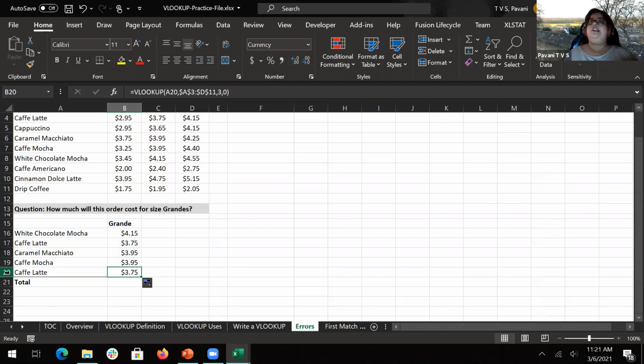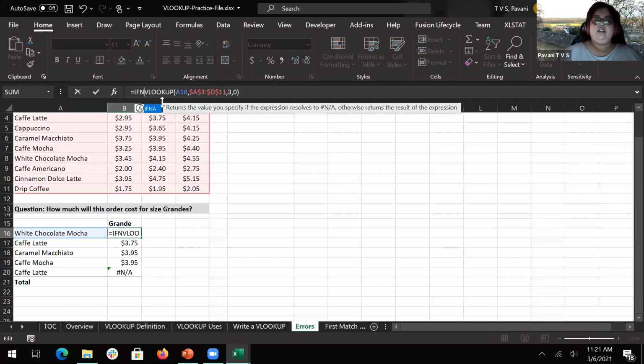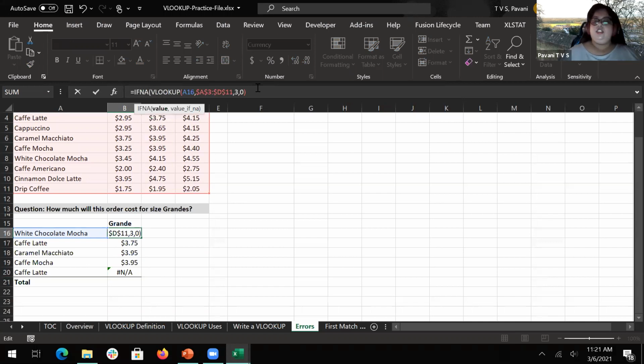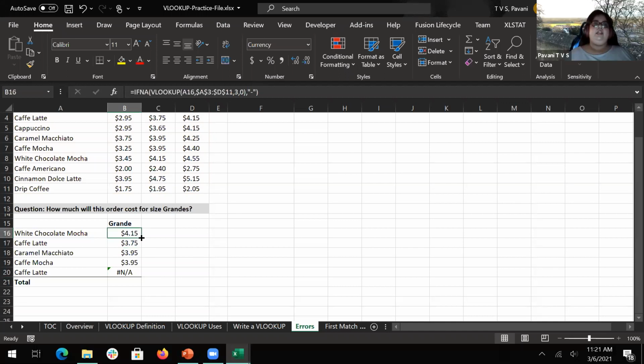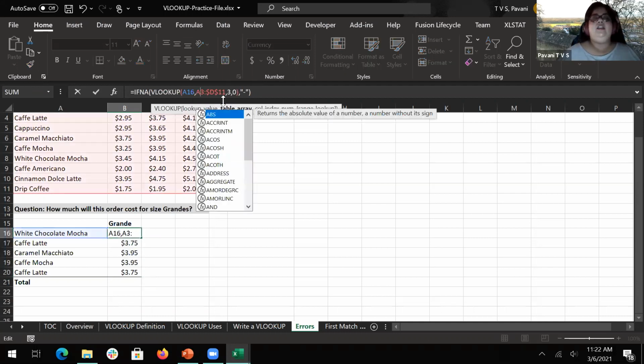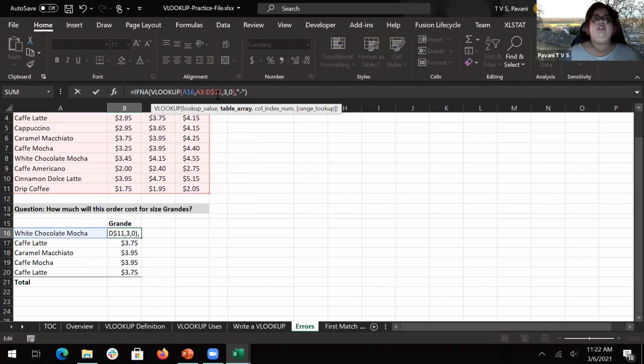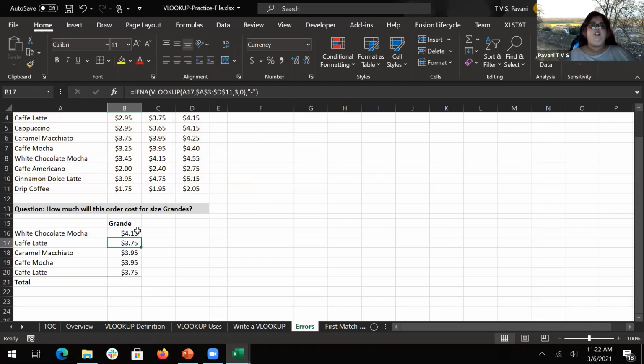So this is how usually errors happen. And like I told you earlier, if there is an error, I'm saying you just give me a hyphen instead of giving me any error. So now, oops, I didn't change this. One second. To make errors also, you need to be perfectly perfect to do it. So now this will give me a hyphen instead of the error.